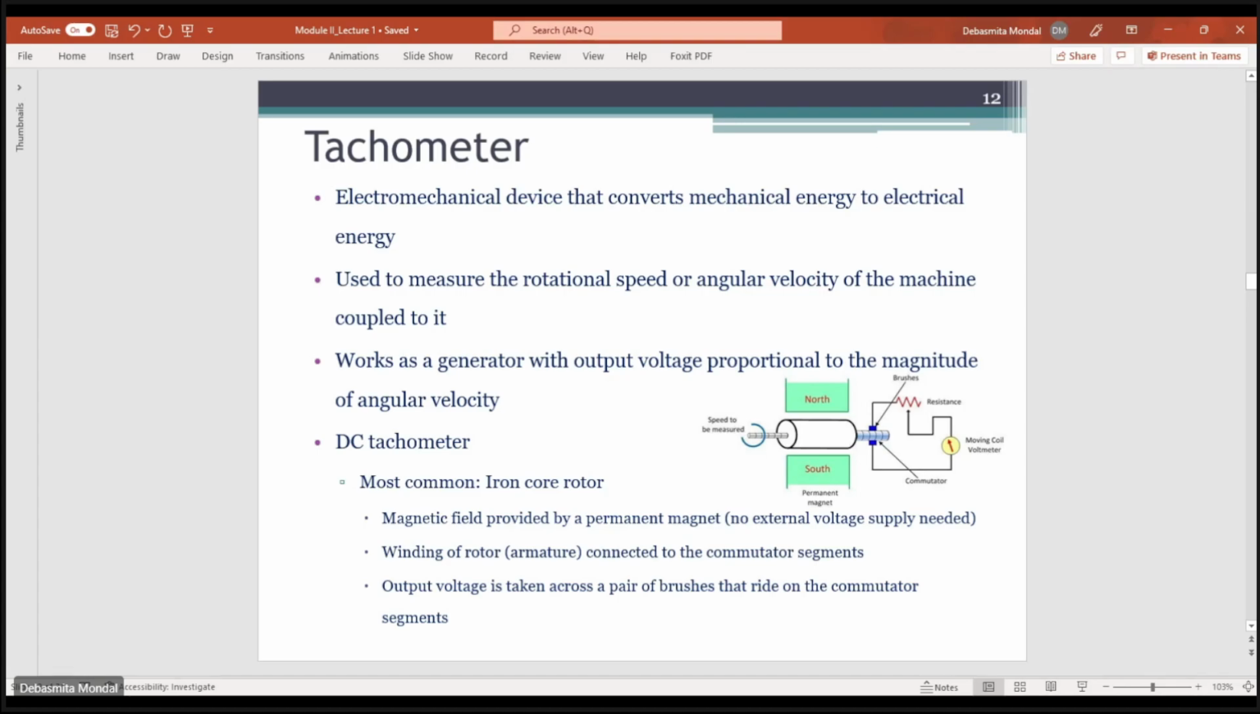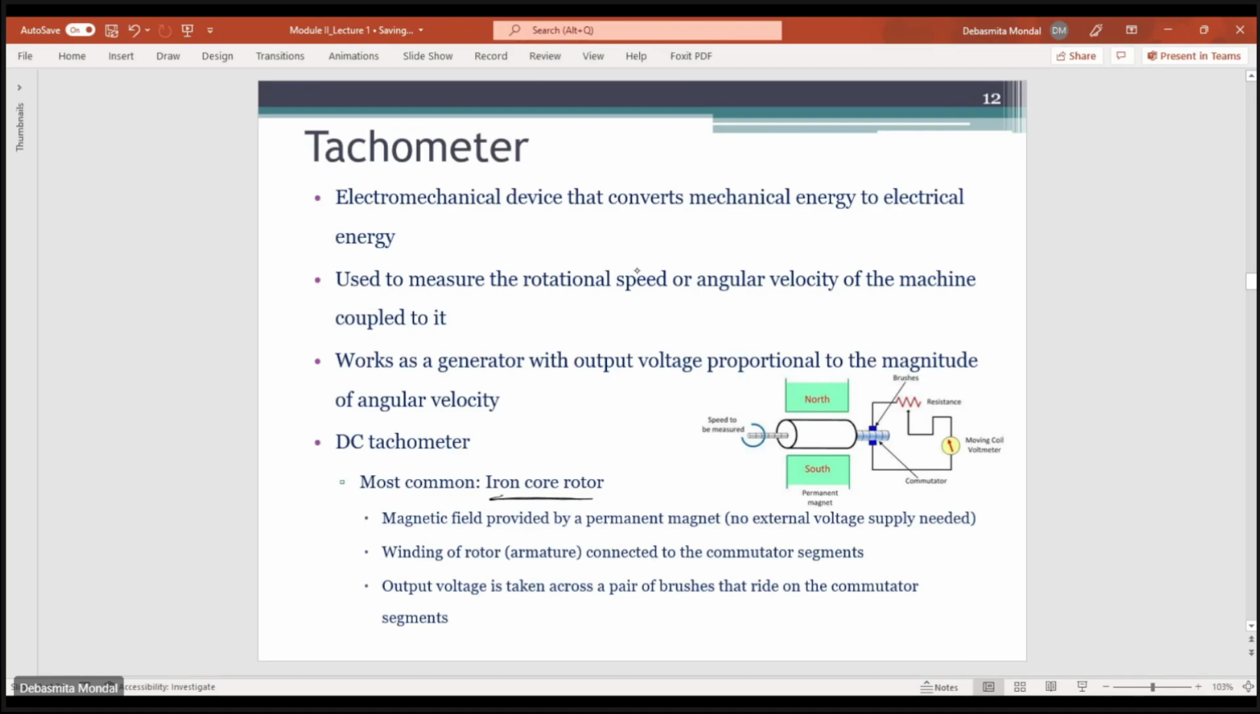In the case of a tachometer also, there can be a DC tachometer and AC tachometers. The most common form of DC tachometer mainly consists of an iron core rotor. So how this tachometer works is that first of all you will have